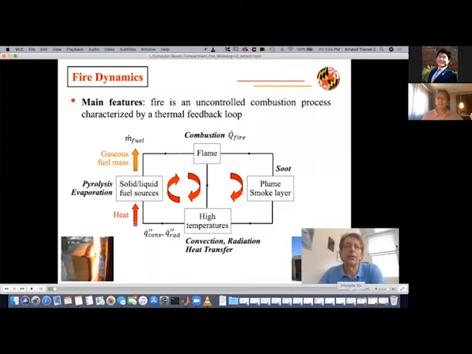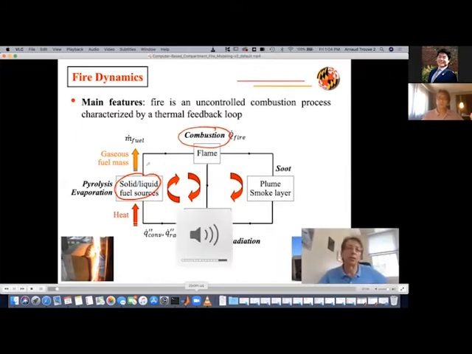All right, so fire is an uncontrolled combustion process, and this combustion process is typically characterized as a thermal feedback loop system. There is a strong coupling in fires between fuel sources that are typically in liquid or solid form and the gas phase phenomena where combustion takes place. In this feedback loop system, the fuel sources thermally degrade and provide flammable vapors that are the fuel for